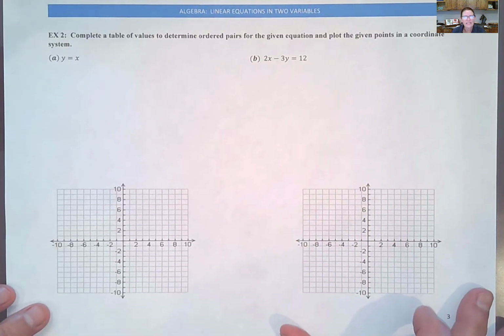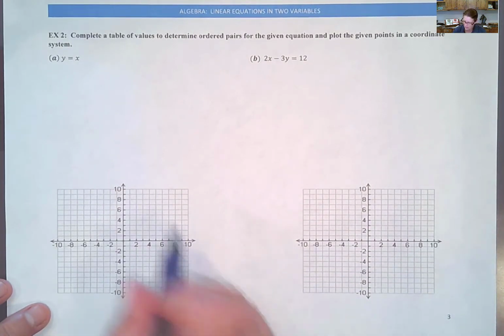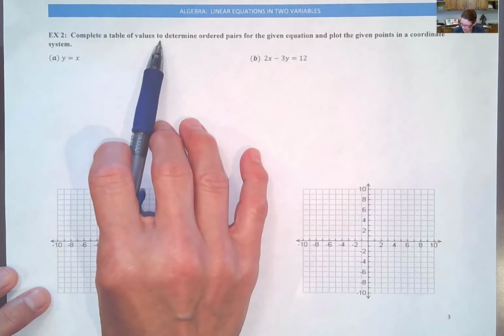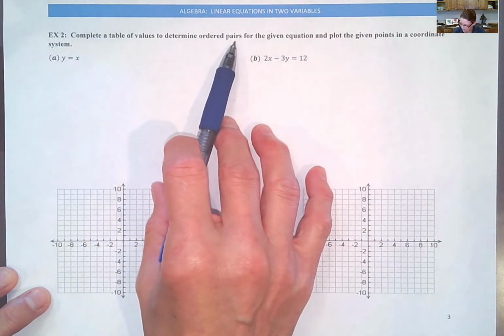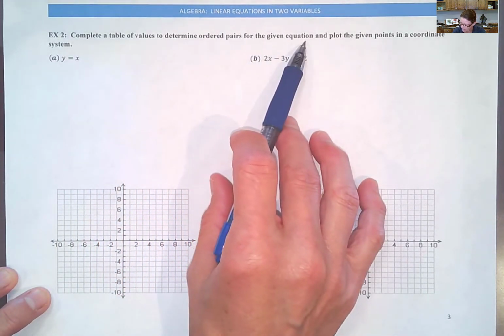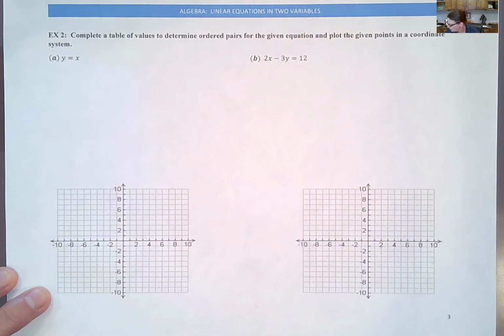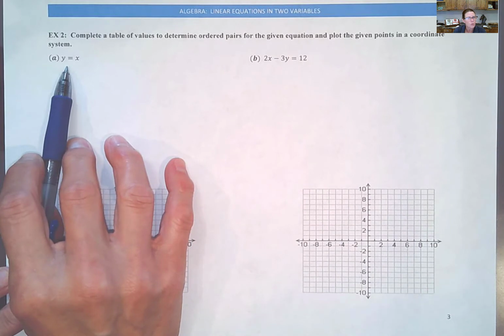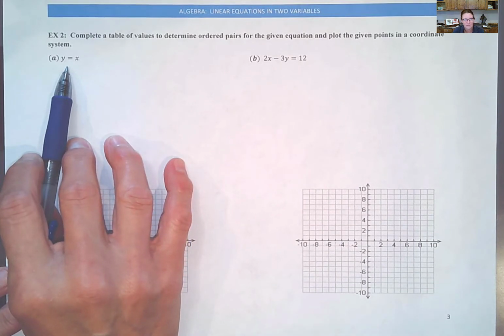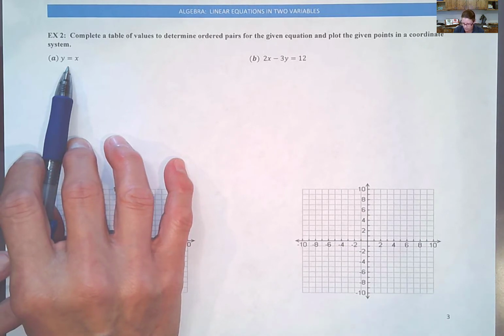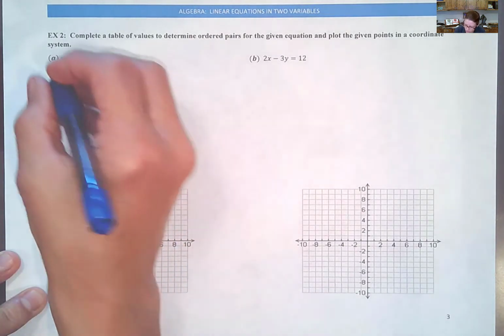Well, here's our last example for this video. We're going to complete a table of values to determine ordered pairs for the given equation and plot the given points in a coordinate system. So our first equation is y equals x, and this is the most basic of all linear equations. As we generate solutions,